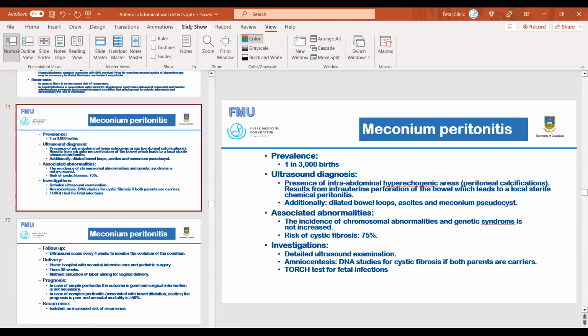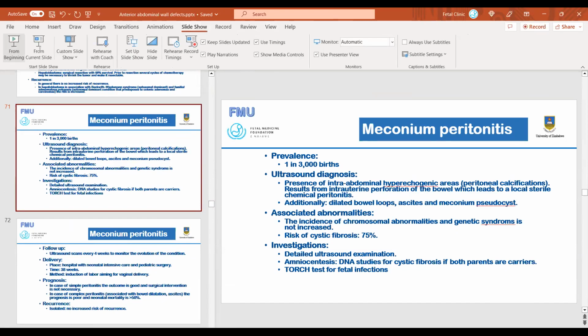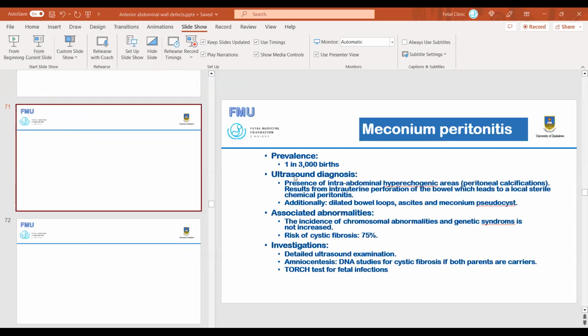Right, so from current slide. I'm trying to share the bigger screen to go into slideshow. So the slide is coming. It's taking time. Anyway,